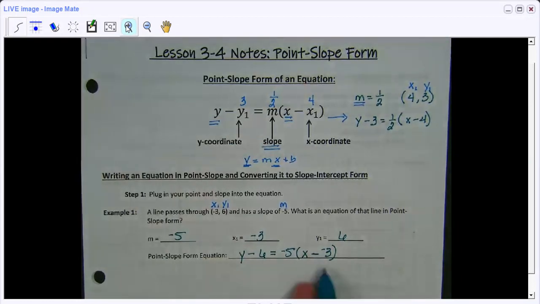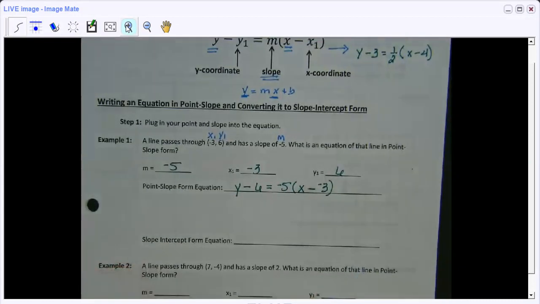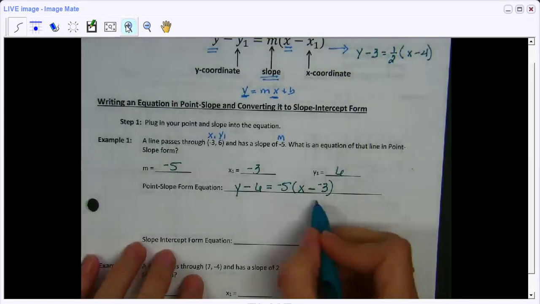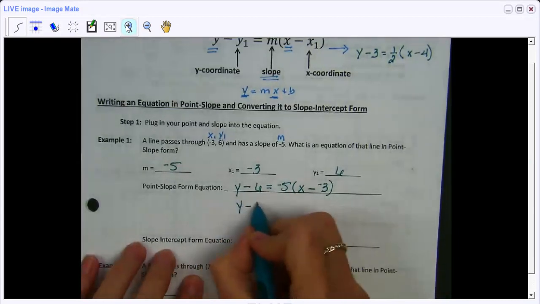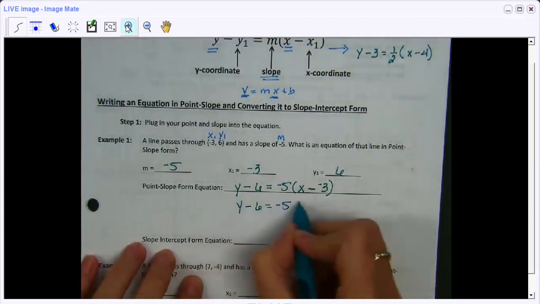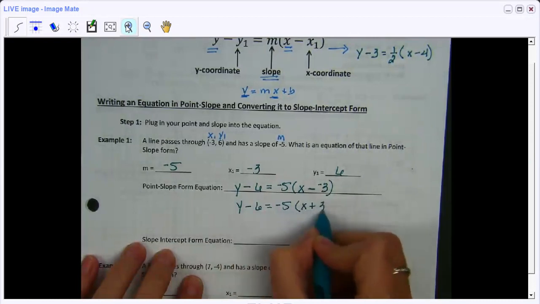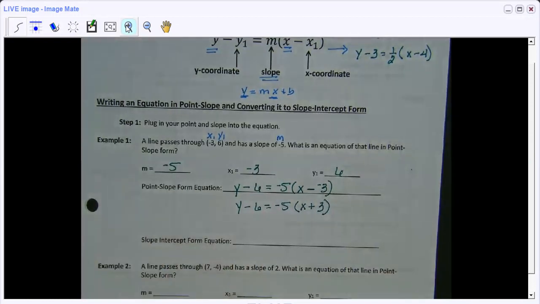So look what happened here. We have minus a negative, which is the same as adding a positive. So really what this equation is y minus 6 equals -5 times x plus 3. That is the way that you would officially write it here,